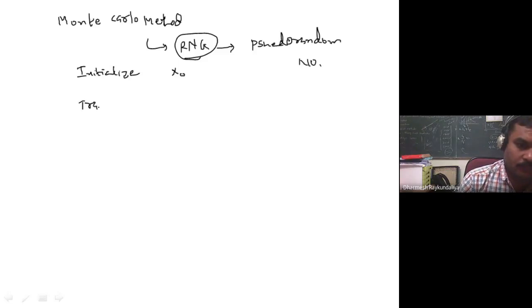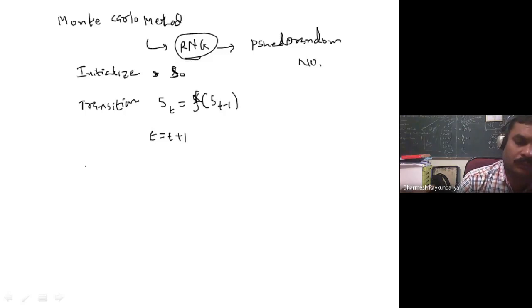Then there should be a transition: st is equal to some function of st minus 1, and we set s0, and then t equal to t plus 1.